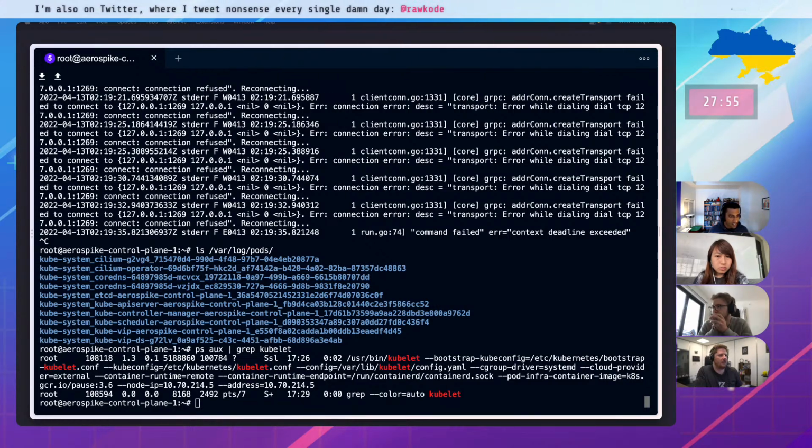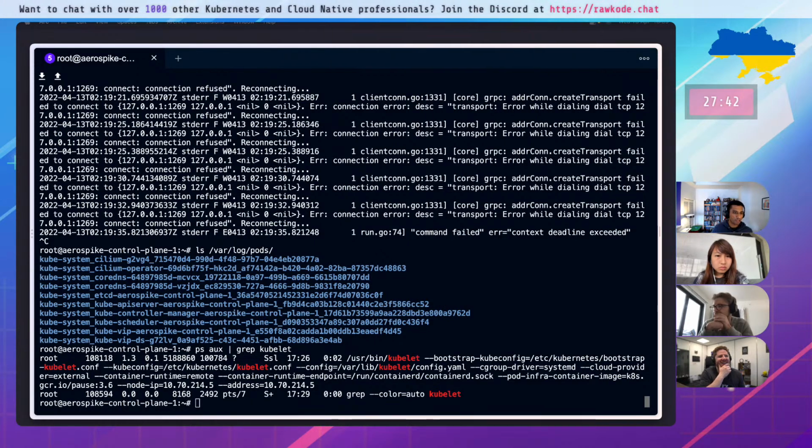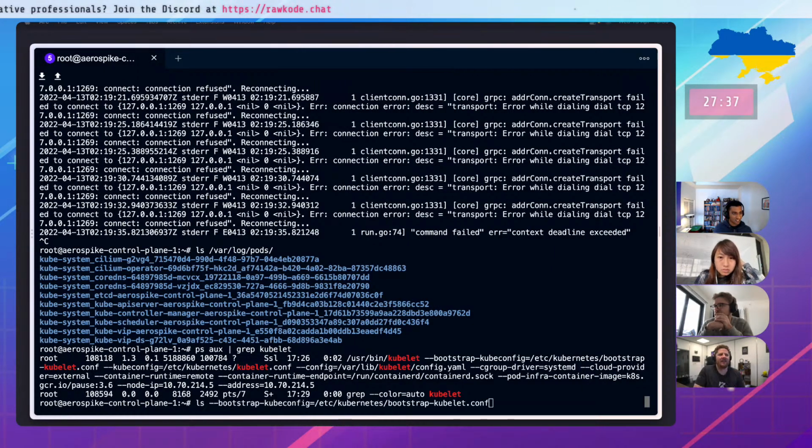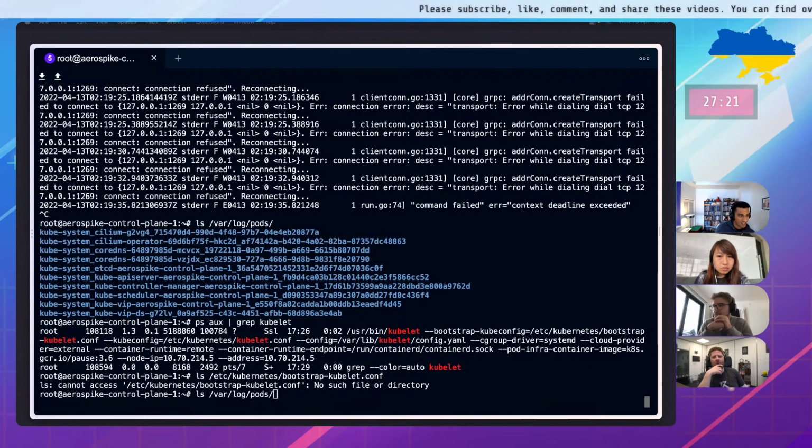So some more kubelet configs here. Does anyone know if the bootstrap kubeconfig needs to exist? Because I'm pretty sure it doesn't exist. It does not need to exist, no. All right. I think you should be looking at the journal command again and maybe take it slow. I'm assuming we could be missing something.